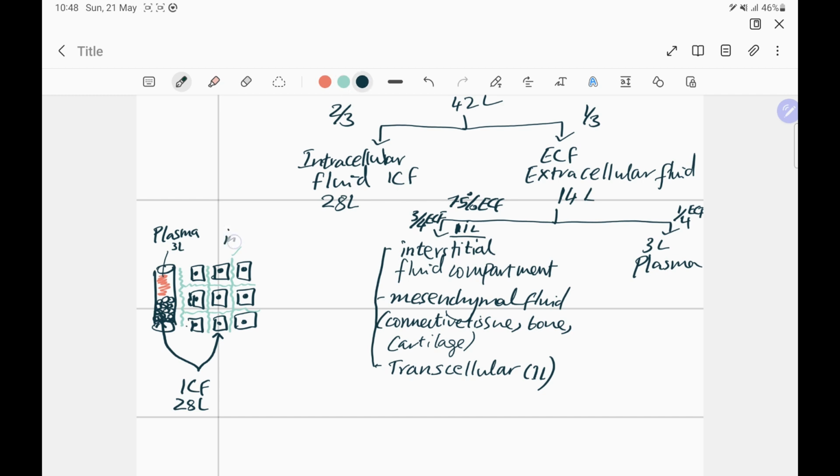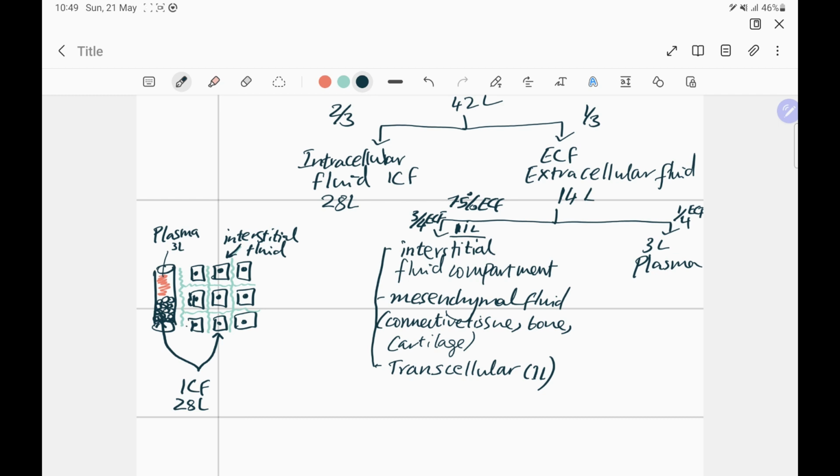So interstitial fluid compartment. And this is the milieu interior that Claude Bernard meant when he spoke about the internal environment of the cells of the body that determines whether life will thrive or not, and whether you're in homeostasis or not. You need to have constant conditions of this internal environment. Some people use ECF interchangeably with milieu interior, but Claude Bernard actually meant interstitial fluid, to be more precise.